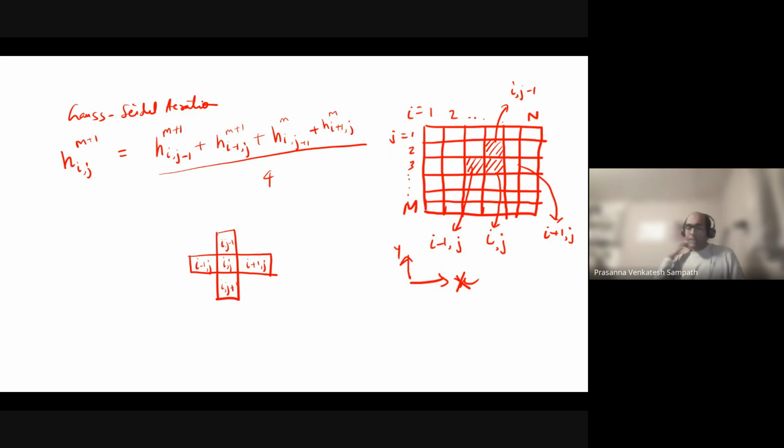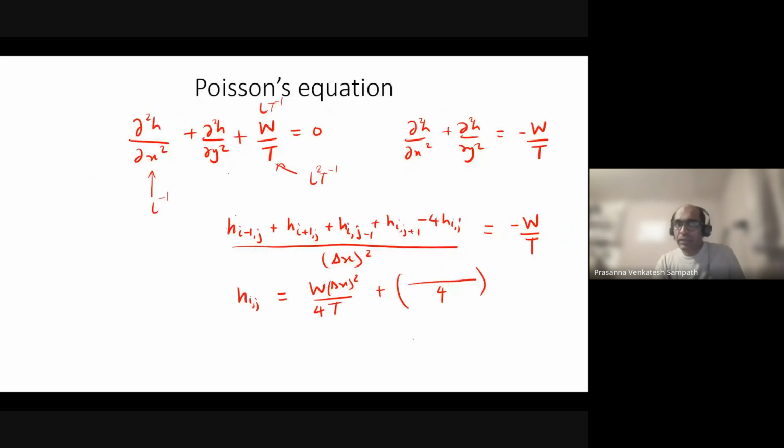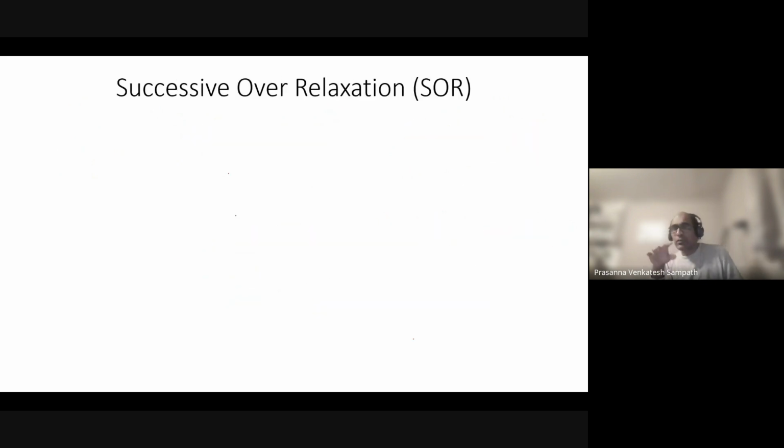Now, we are greedy, right? We always want to do it even faster. So if Jacobi took 10 iterations and Gauss-Seidel took 7 iterations, then I want to do something to make that 7 into 5 or 4 or something like that. I want to reduce it even further. So that is the next topic that I'm going to discuss: this idea of what is called successive over relaxation. Basically, successive over relaxation works by adopting a